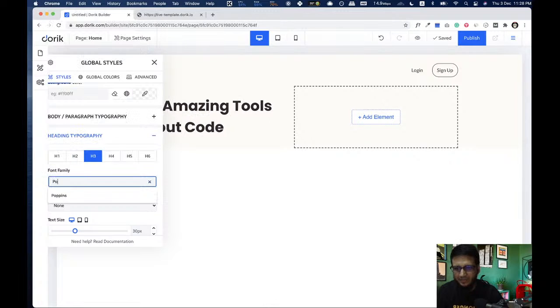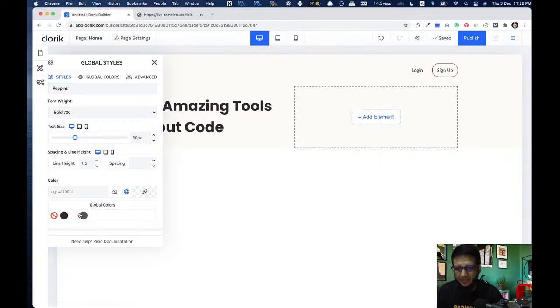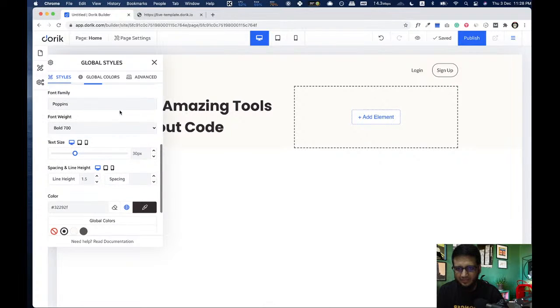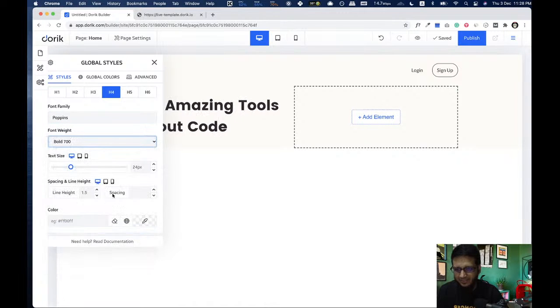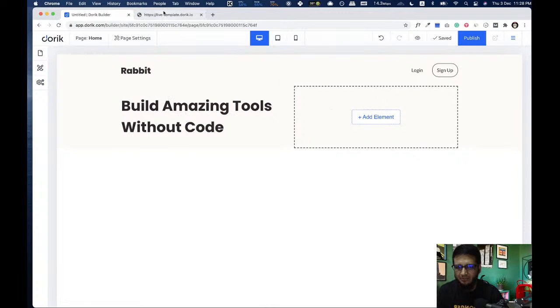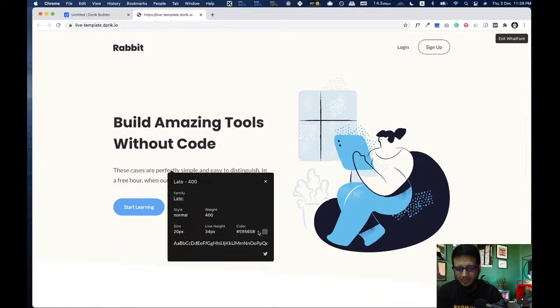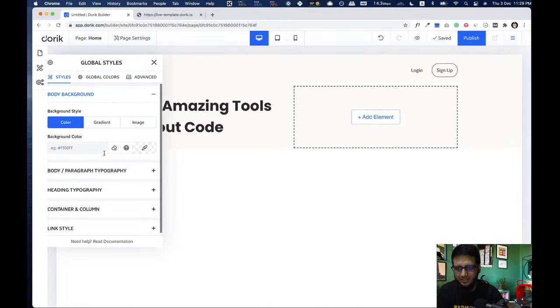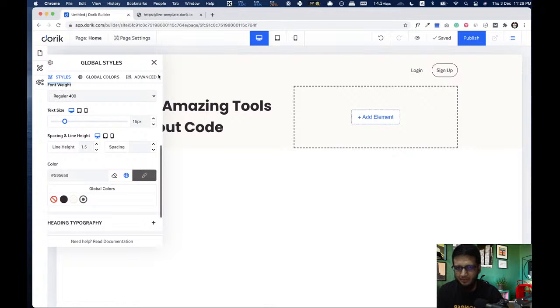So even in h3 we can add the Poppins. Bold, we are gonna use same color and 30 pixel. For h4 we are gonna use Poppins, and we are gonna make it bold for 24, right color. Okay, that's all right for our basic need. We just need the paragraph typography color, Lato, and I think we have added it already, so let me check. Paragraph, yeah, it's already there. So we are almost done with our typography setting.